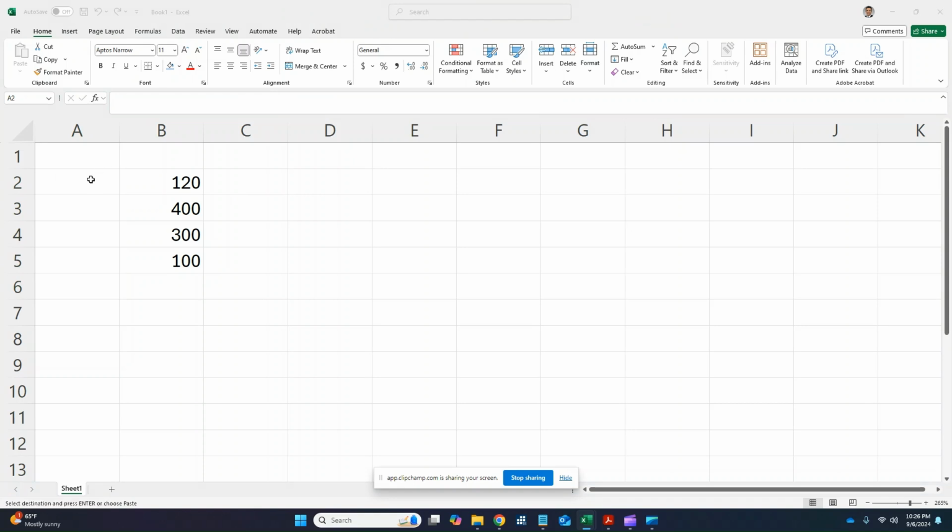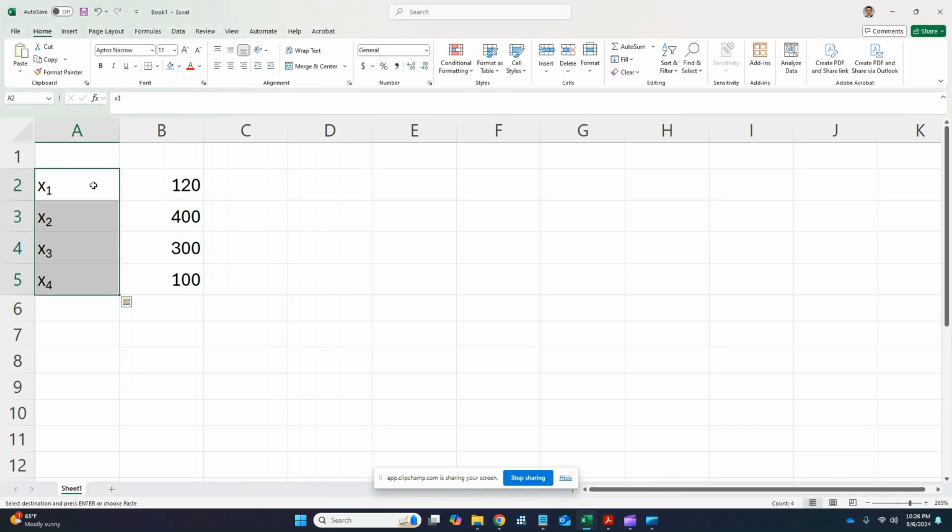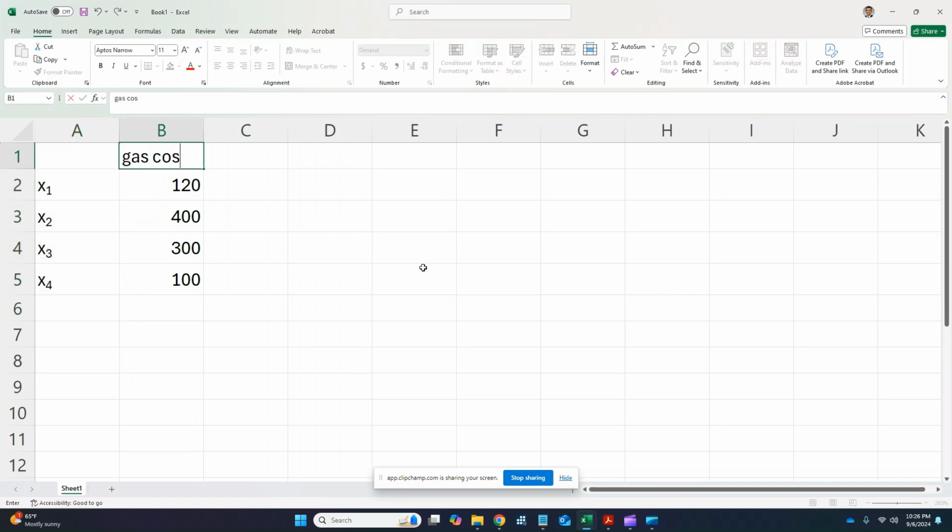And these are values of data. These are the small x, and the name of the variable is gas cost. Remember, the capital X is the variable name, and these are the small x. If we want to calculate the average from this, that means the expected value of these numbers, that means every month how much should I expect to spend as a new student, then I can get the average